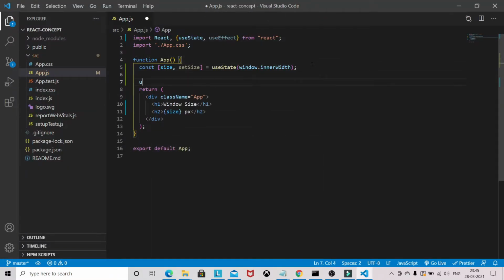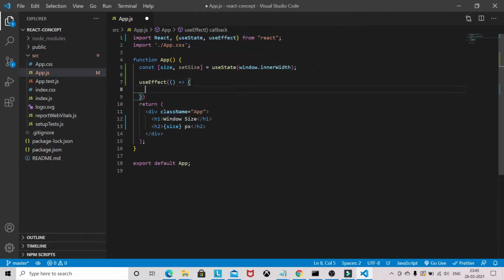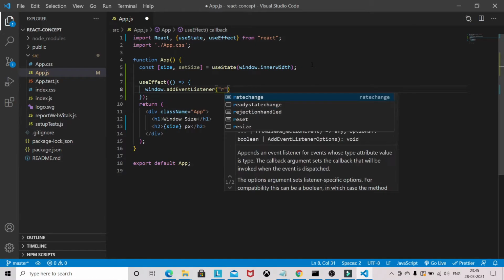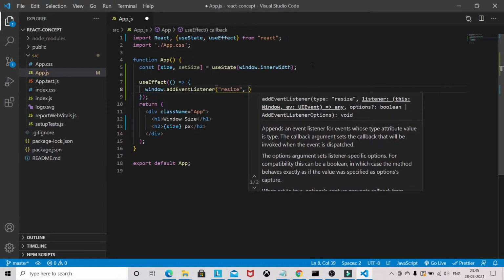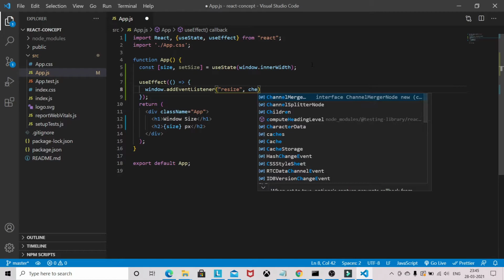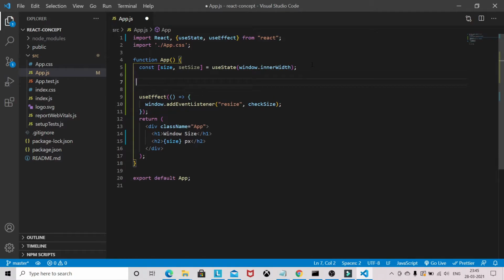So I have a useEffect, and window.addEventListener. Here I will listen to resize and I will pass a callback function.